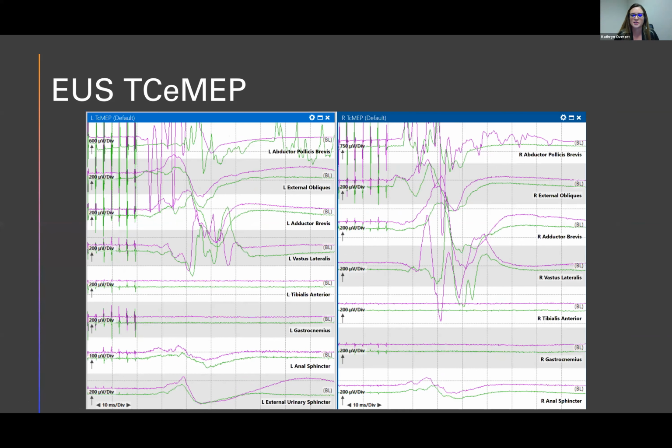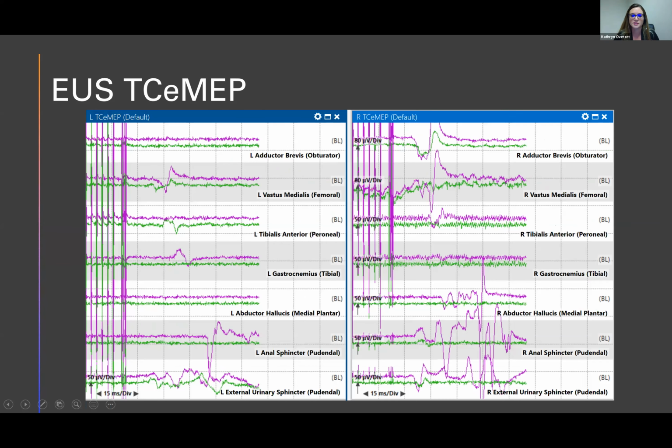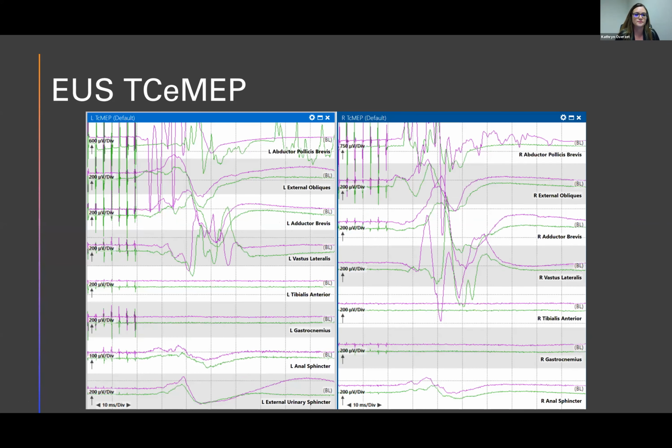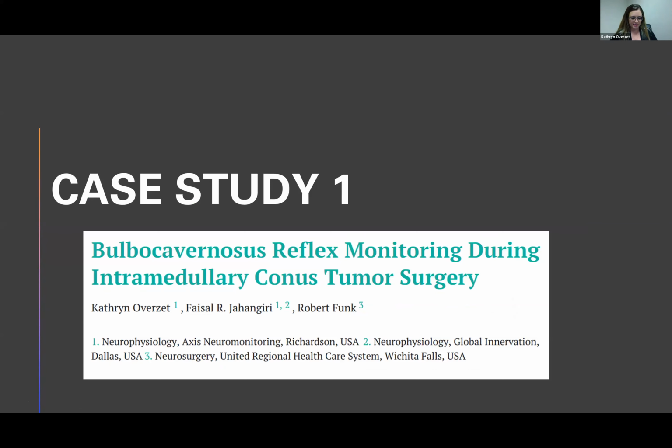And the response can vary pretty distinctly. So in these ones, it's looking a little bit more blunted than some of the other ones that are a little bit more crisp. And sometimes the response is, like in this scenario, a little bit small. Sometimes it's very robust. So case study number 1, we're going to have to go through this pretty quick.